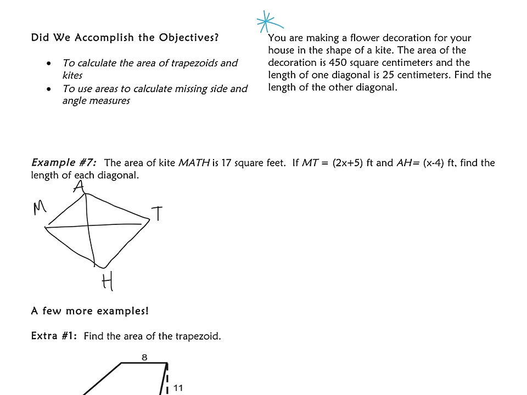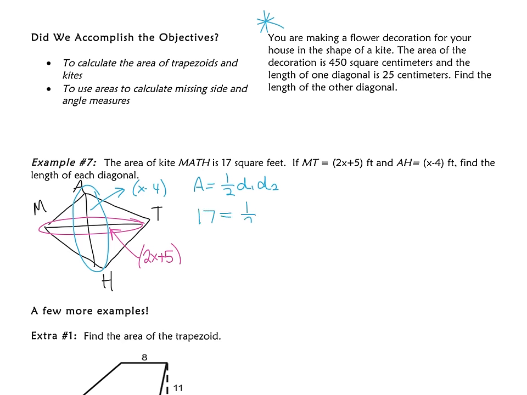But they told me that MT, this diagonal here, is 2x plus 5. And then AH, the other diagonal, is x minus 4. And again, it doesn't matter at all how you would draw it. If I had this flipped around somehow, it's still going to give me the correct answer. So the area of a kite is 1/2 d1 times d2. Let's fill in what we know. They told me that the area is 17